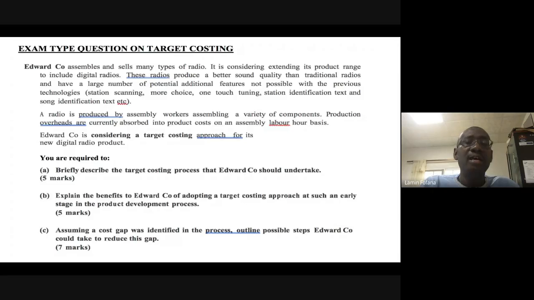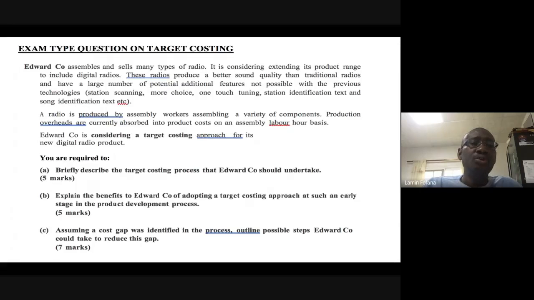Your turnover will be very high, and if your turnover is high, there is a high likelihood that you'll have huge profitability. The market capitalization of your organization will go high. Your market penetration will be high. The organization will have good goodwill. So many benefits that Edwards Company can derive by using target costing at the design stage. Okay, so you always mention Edwards Company, and then try to cite situations whereby you're giving data on the